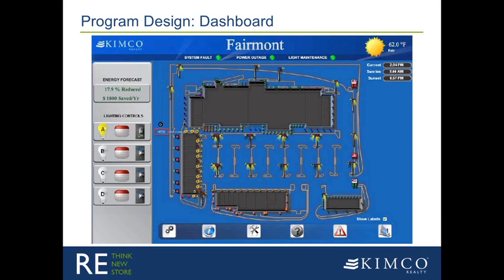Below that, you see the site diagram. Many web-based lighting control systems don't provide an actual to-scale site graphic like this, and we believe that this was important for them to see as they make scheduling adjustments, as they override their lights, to see what's going on at the site. And you'll see each of the fixtures is labeled according to the group that that fixture belongs